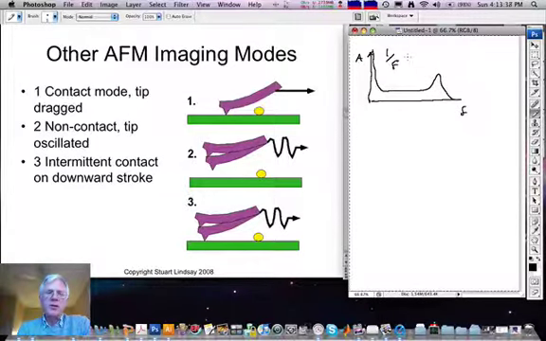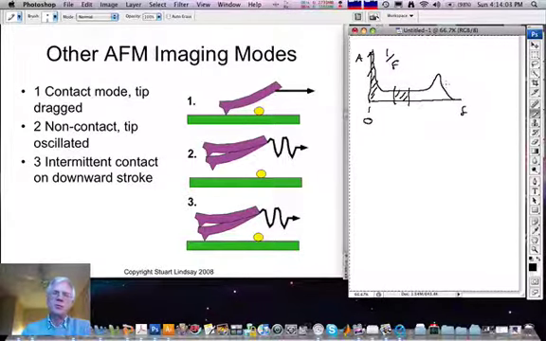The smaller the spring retaining something in place, the larger its amplitude of motion under thermal driving, and therefore for contact mode, which operates around zero frequency, it's a static deflection, the 1/f noise contribution is substantial. If the detection scheme can be moved up to some finite frequency, some bandwidth around a finite frequency, the noise can be reduced substantially. So in non-contact microscopy, the probe is oscillated up and down